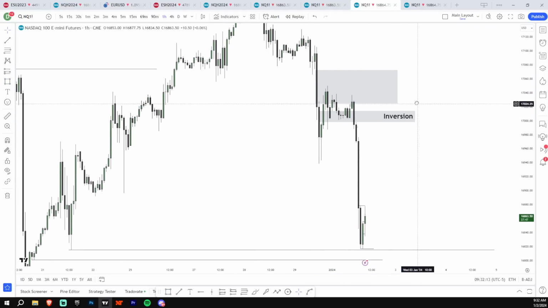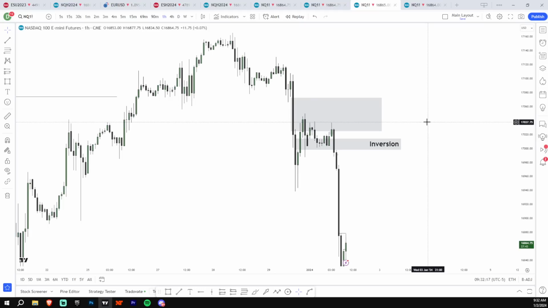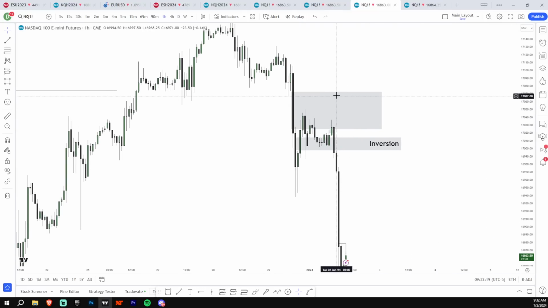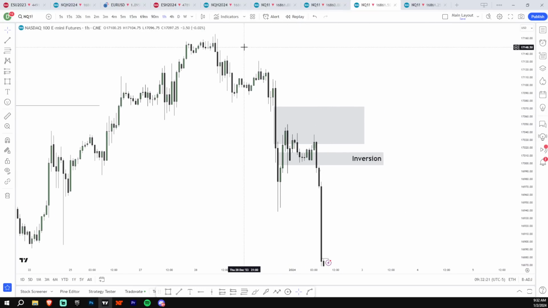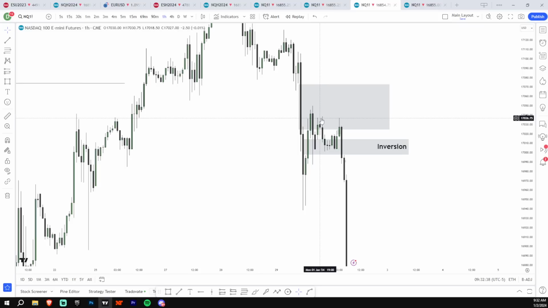So my bias all depended on how we reacted to this, right? I said in my index home trade video last night, if we ended up closing above this, price would have to be bullish, because if we're breaking all this market structure and then price closes back above this, that's just not bearish at all, because that's just disrespecting a textbook fair value gap. So I said if we close above this, I would be bullish. But I said what I think's gonna happen is I think we're gonna reject it.